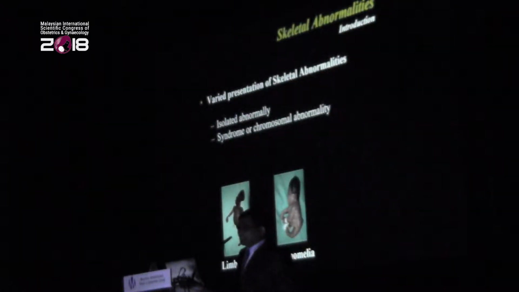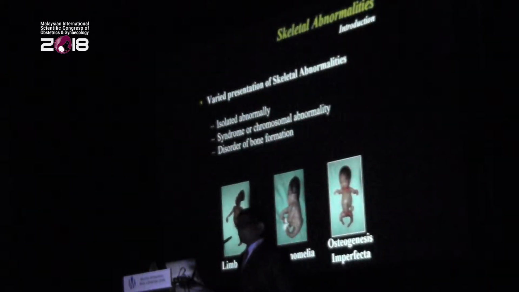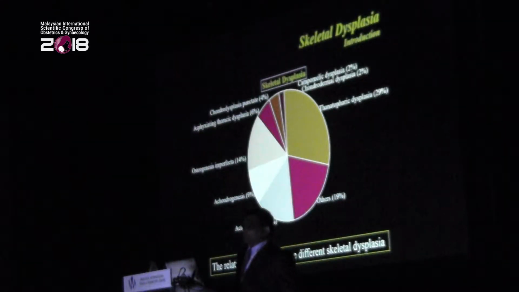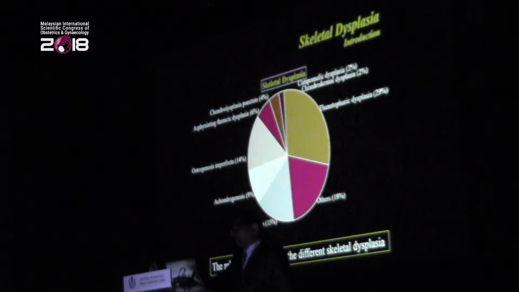Now, skeletal abnormalities can have a varied presentation. Some may just have an isolated limb defect, or one which has a syndromic sequence, or a chromosomal abnormality, or you may have a disorder of bone malformations. Now, when you look at the group of skeletal dysplasias, there can be a different set of cases here, and you'll find that the most significant of these is thanatophoric dysplasia, which covers almost 1/3 of the skeletal